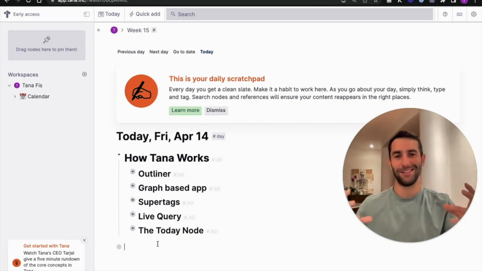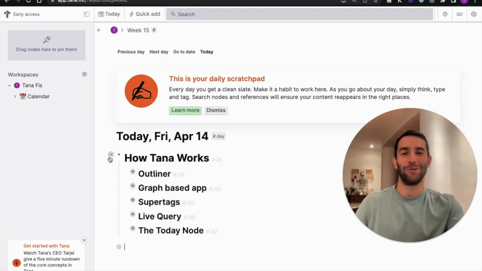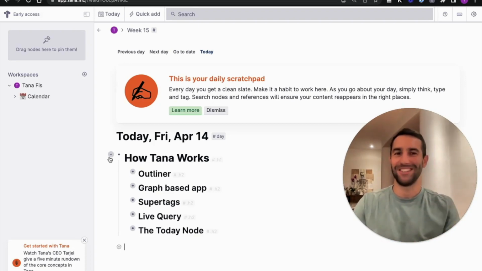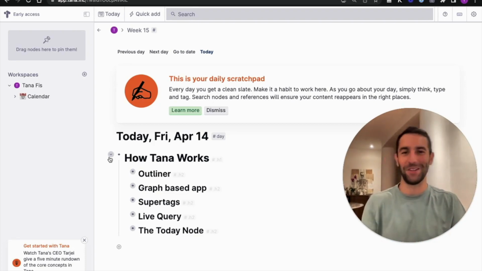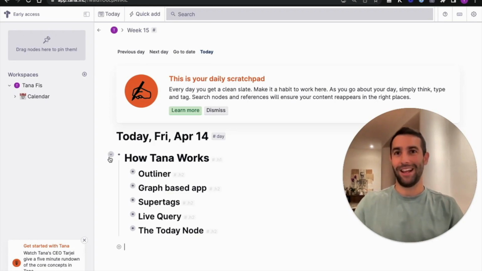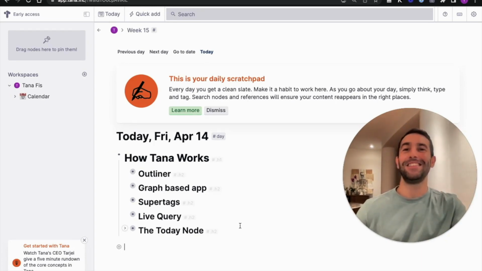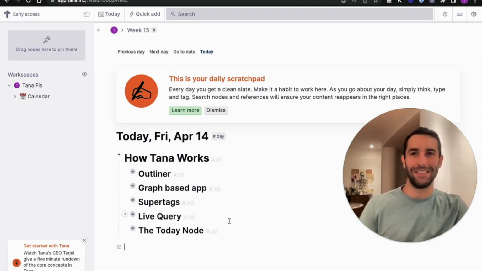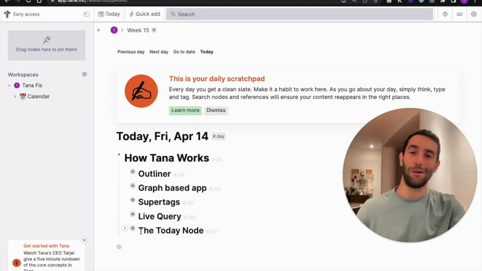Now, this is a quick demonstration of the mindsets of how Tana works, of what's involved in this process, and I hope you enjoyed it. I hope that you now understand Tana better, that you get an idea of what's possible, and some tangible, simple examples to wrap your head around things that may be going on inside a seemingly complex tool, which is Tana, because it can be complex, but it can also be very simple.